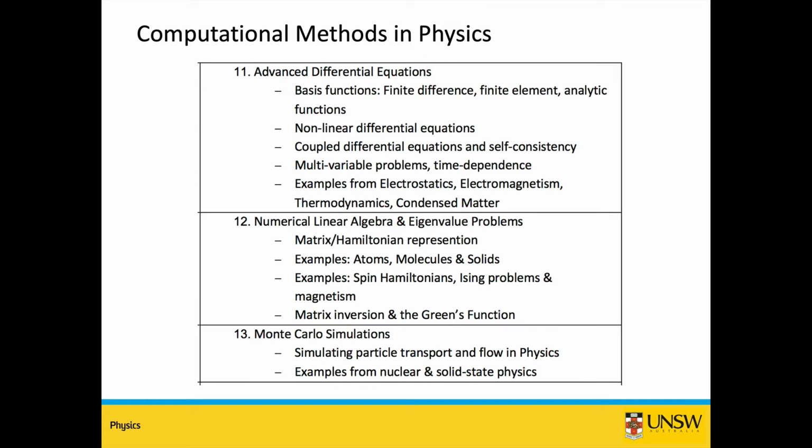And then the second topic will be on eigenvalue problems. These emerge in many areas of physics, but in particular, we will look at the Schrodinger equation, which appears in quantum mechanics, and we will show you how to solve simple spin problems. And then in the third topic, we will look at some simulations of particle flow in physics based on Monte Carlo simulations. So if you have electrons flowing in a device, how to model that, or fundamental particles accelerating in particle physics, how to simulate them.